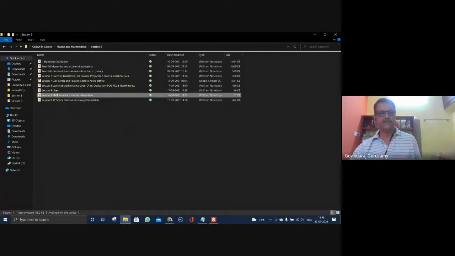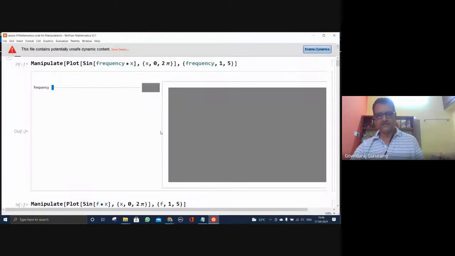the numerical methods, for example bisection. It has already been taught in the class: the bisection numerical method for solving transcendental equations or any equations. I hope you have learned it. Has it been done or not? Okay, I'll explain some arguments in it. So we'll see how Manipulate can be exploited in Mathematica.